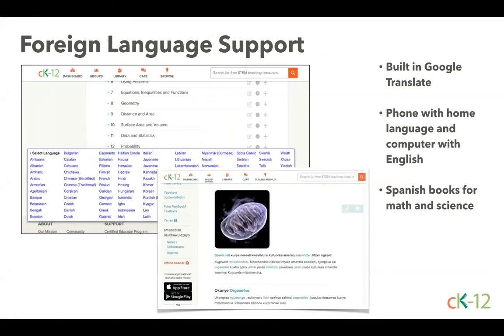Up next, we have foreign language support. Google has provided us the ability to translate any page into any of the like 90 languages that are currently available. Some of them, I hear, work better. Spanish is actually very good. They've improved it so much, just even in the last 3 years, they've done an amazing job. I got some feedback the other day that the Arabic is not as strong,